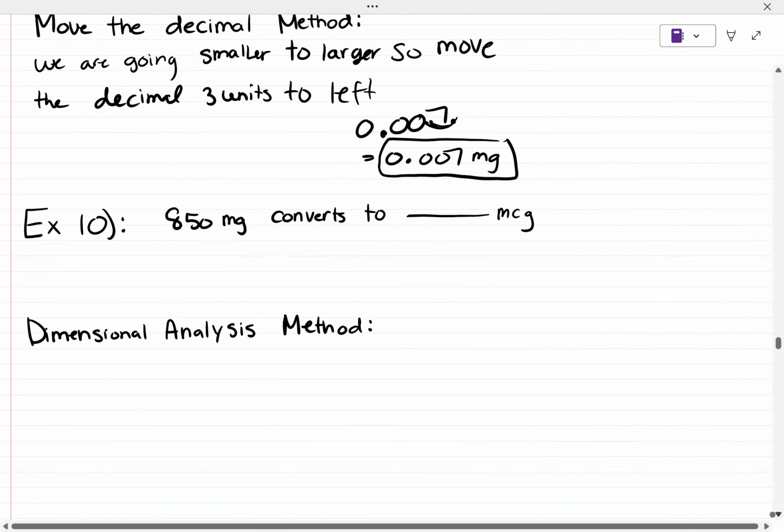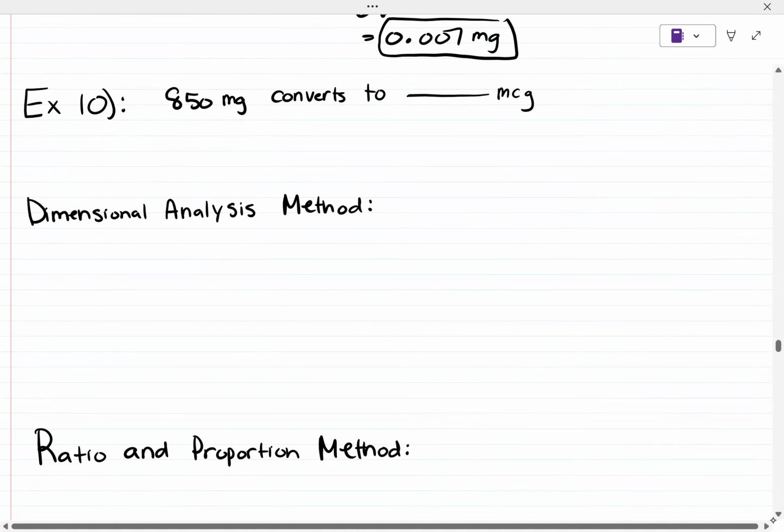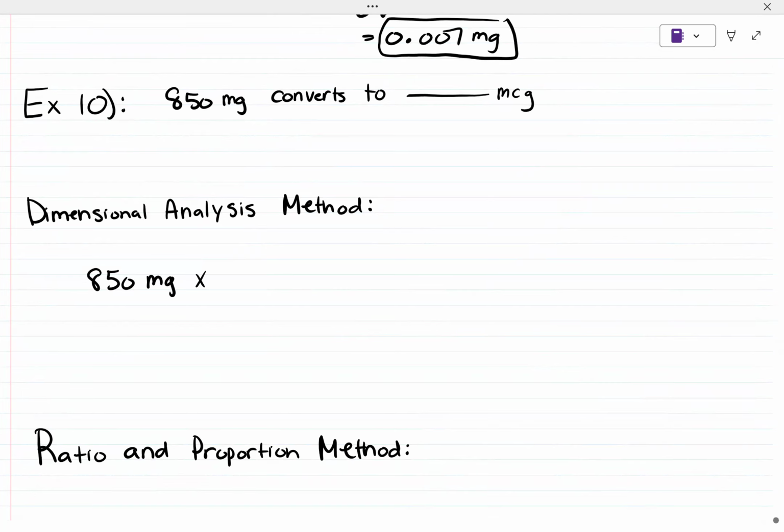Okay, example 10, we have 850 milligrams converts to how many mcg? So let's start with the dimensional analysis method. So let's see, we're given 850 mg times mg on the bottom and then mcg on the top. Okay, so you can put a 1 here. So what's the relationship between mcg and mg? So for 1 mg, there's 1,000 mcg,